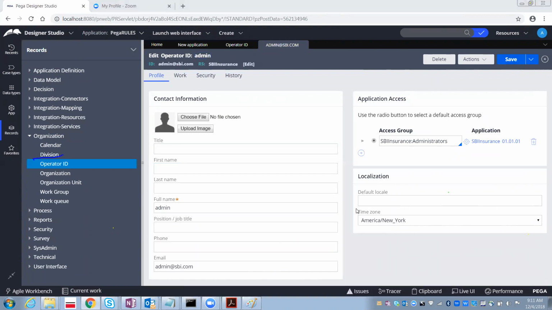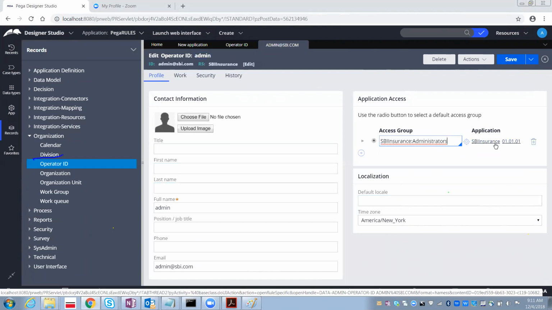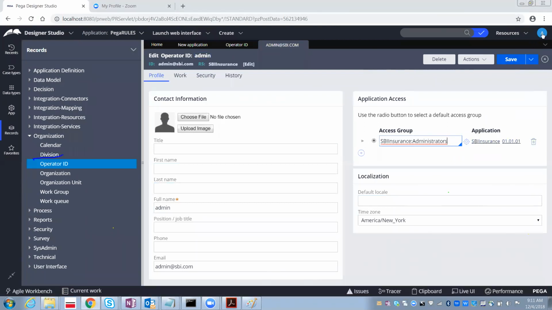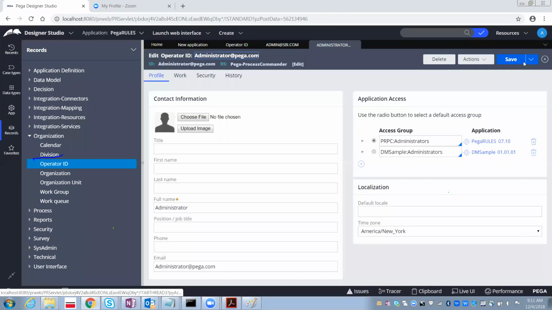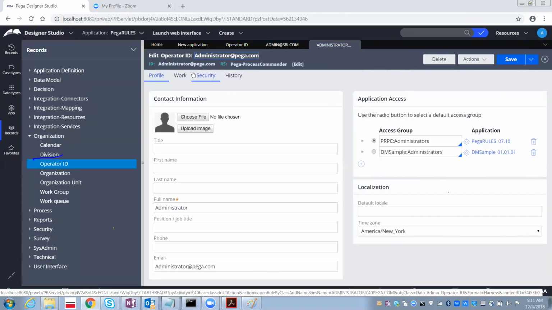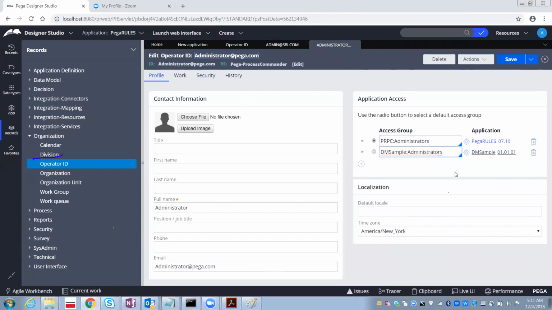In this operator ID, we can see the accessibility this operator has for this application. You see, it has created one access group as well, SBI Insurance Administrator. It has created one application as well. I hope you all remember, I have shown you administrator at pega.com also. It contains 2 access groups.